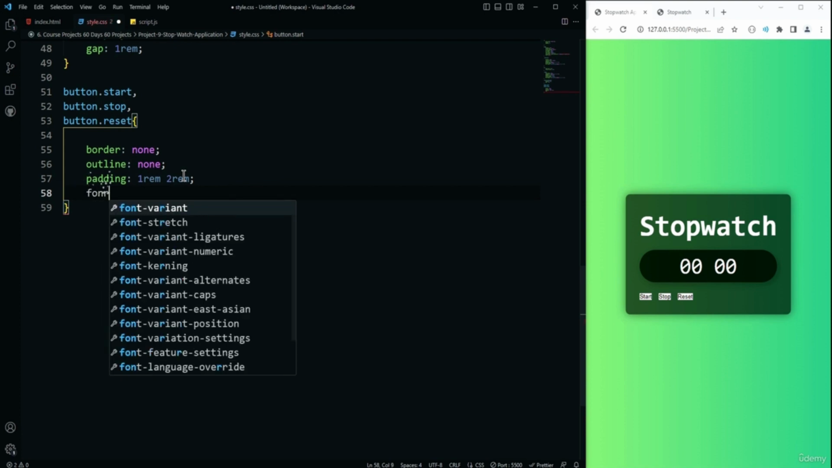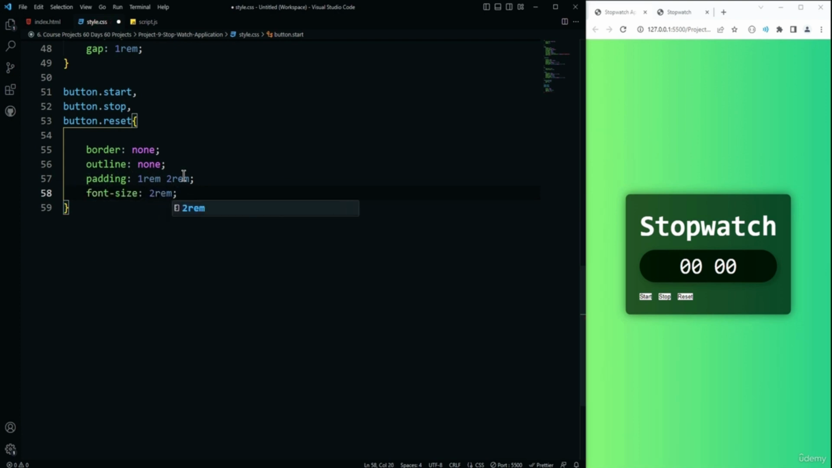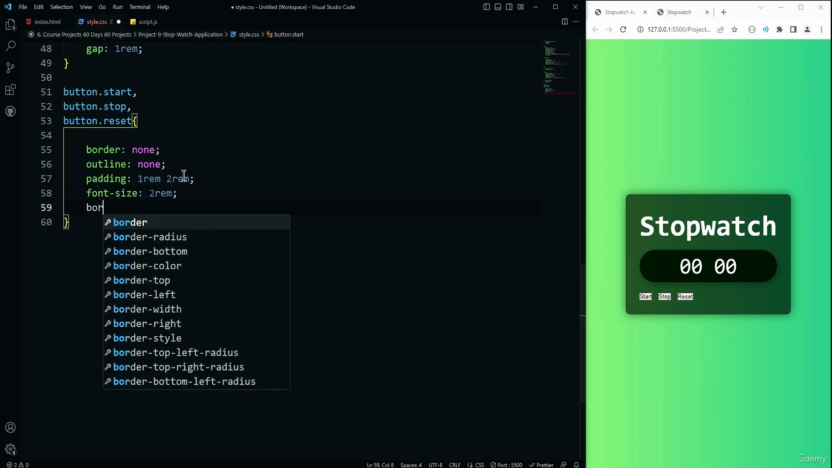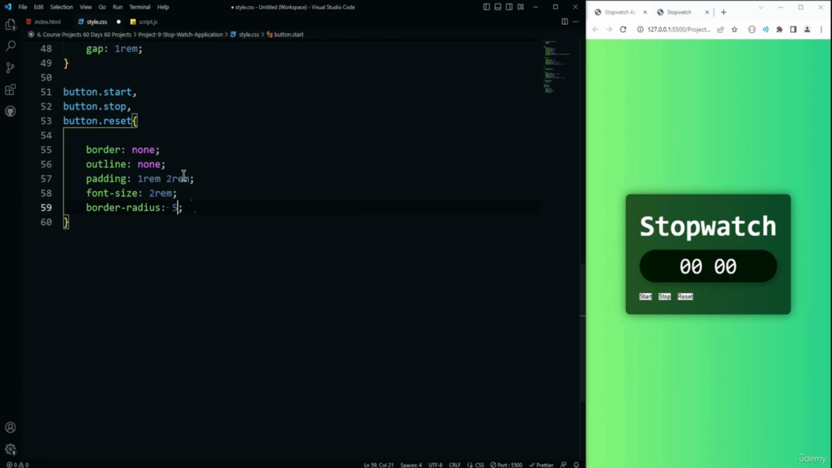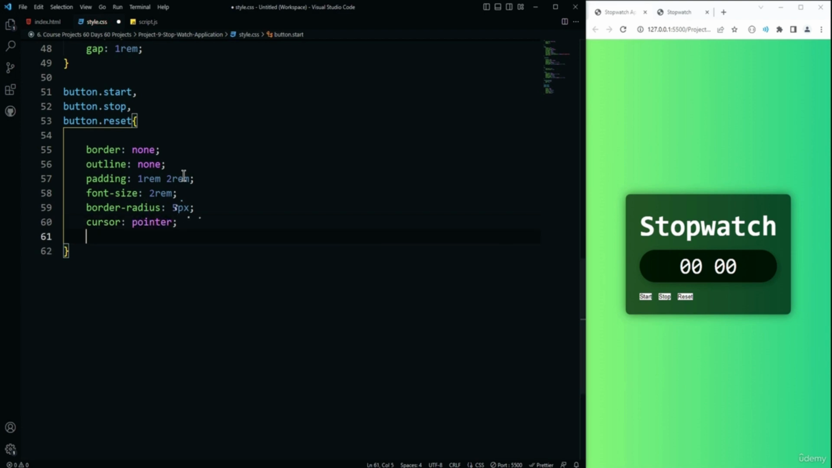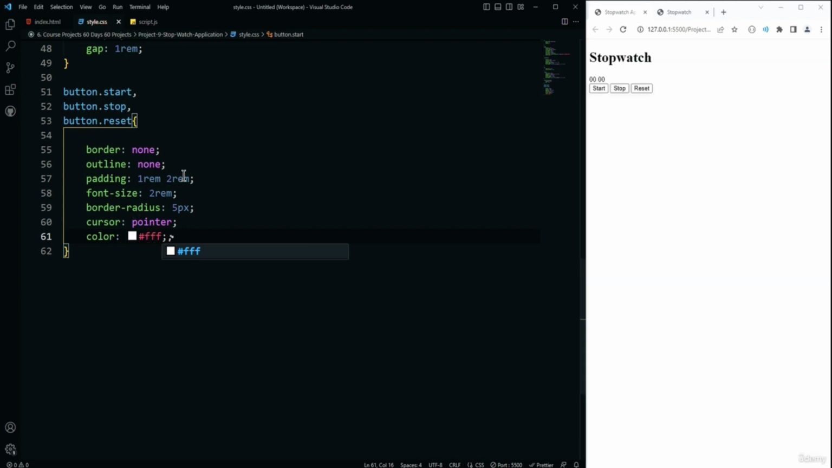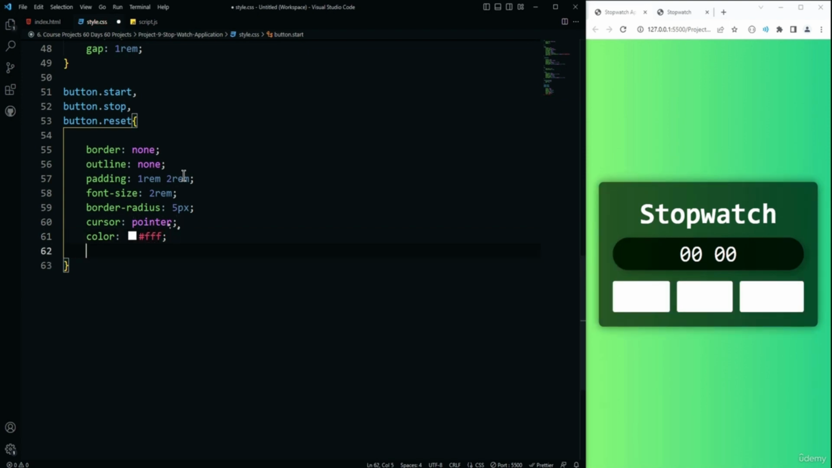And after that we need to provide the font size. So font size is going to be 2 rem units. And then we need to provide the border radius, which is going to be 5 pixel. Then we need to set the cursor to pointer, and then provide a color, which is hash symbol 3 times F. Now you can see the style of the buttons is now changed,